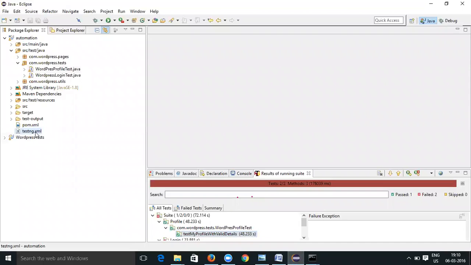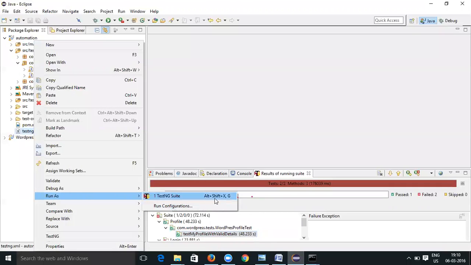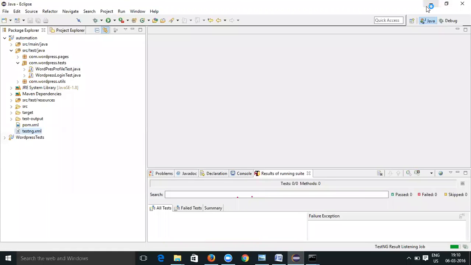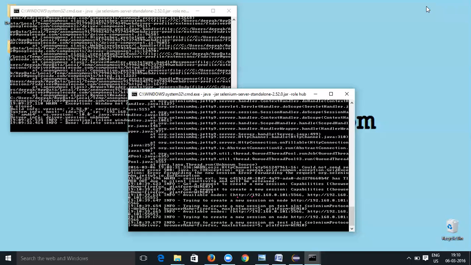Let me run it once again, the final time. Let's run testng.xml and make sure it works on the two different nodes. On the hub something is going on.